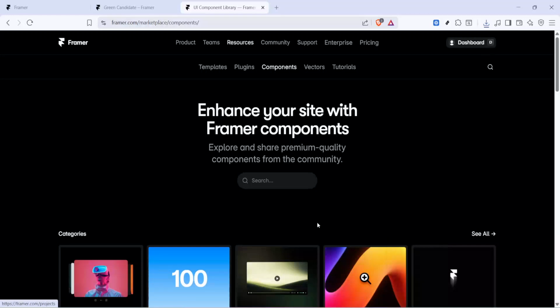In today's video, I'm going to teach you how to use Ticker in Framer. A ticker is that smooth, continuous scrolling line of text or logos you often see on modern sites, perfect for announcements, highlights, or partner logos. We'll pull a ready-made ticker from the Framer marketplace and drop it straight into your site so you can get